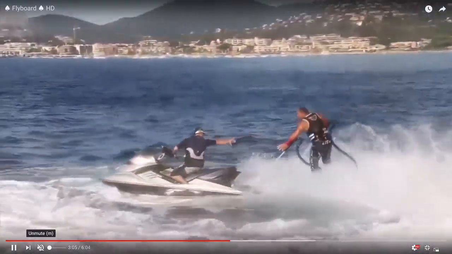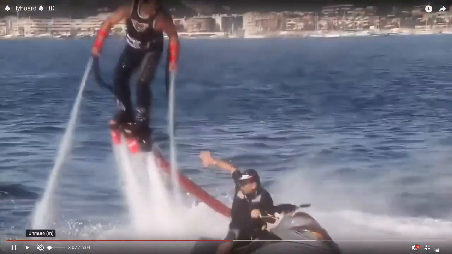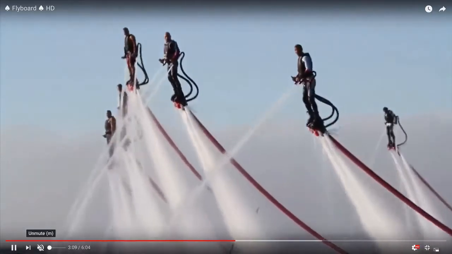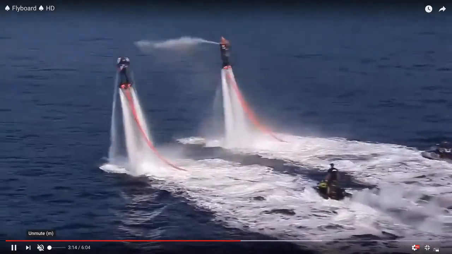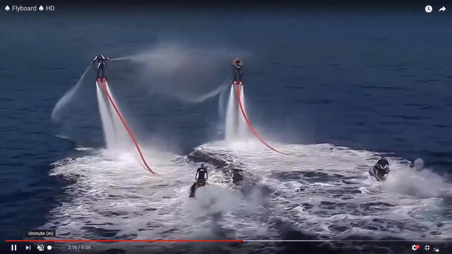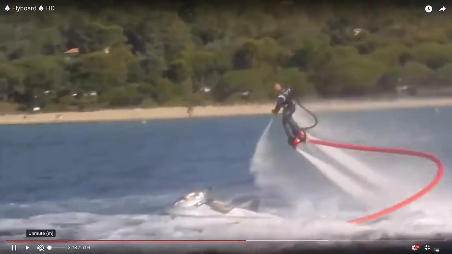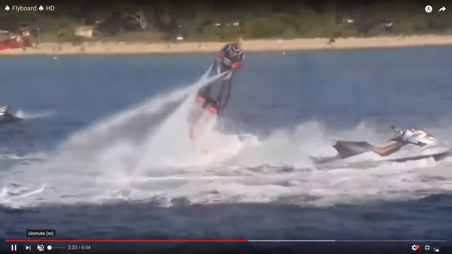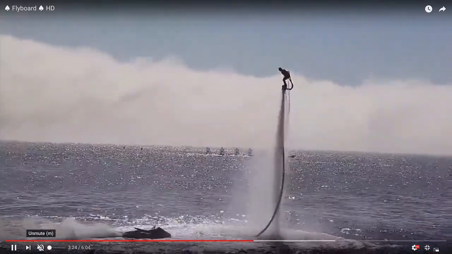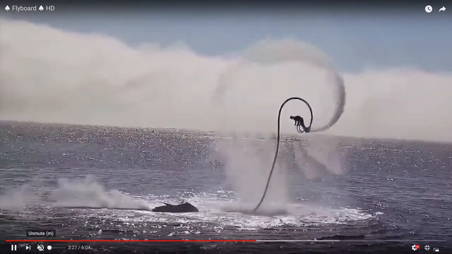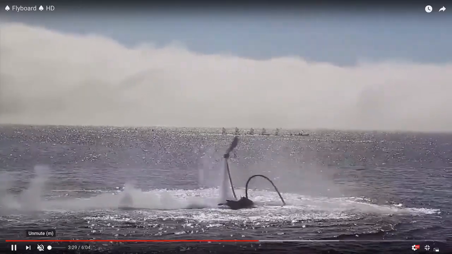Certainly we've worked with conservation of momentum, and so we know how we could calculate exactly what kind of force comes out of one of these jets to be able to lift a human, a body, and the weight of the fluid in the umbilical that has to come up as well. So we could do that calculation. So we should be able to work out exactly what flow velocity we need to come out of the nozzle